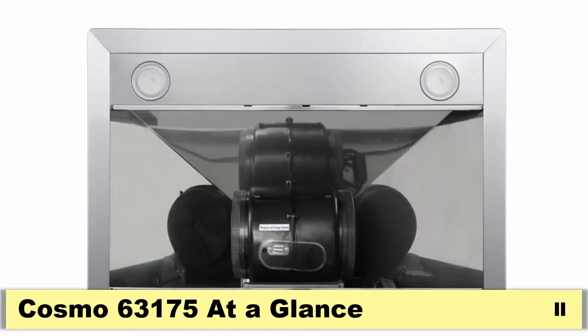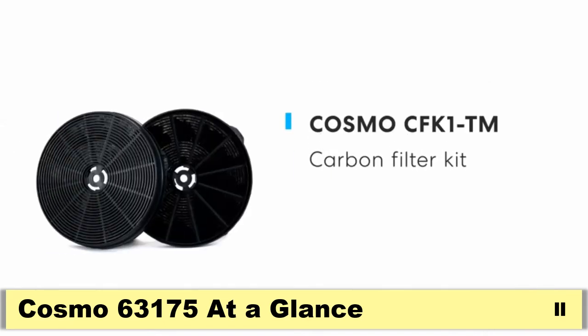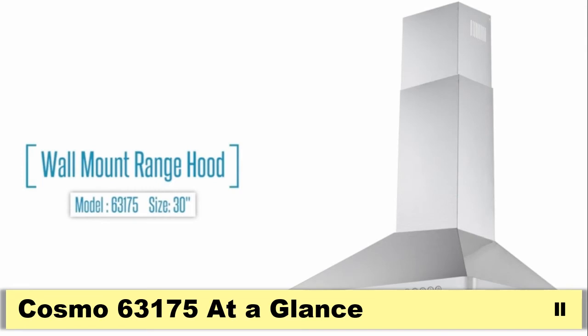Our filters don't need replacing, saving you money every year, so you can use multiple pots and pans without having to worry about a smoke-filled kitchen. The next time you're looking for a